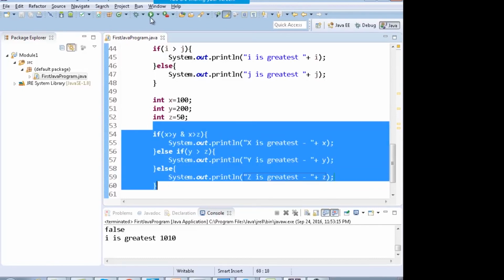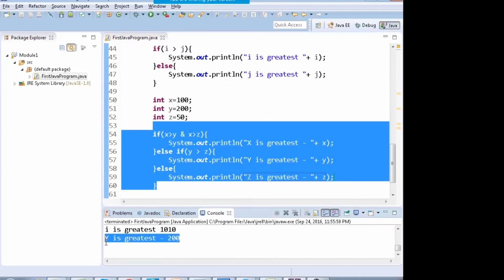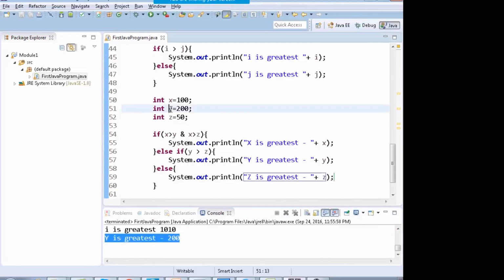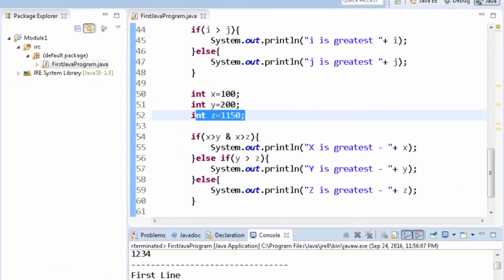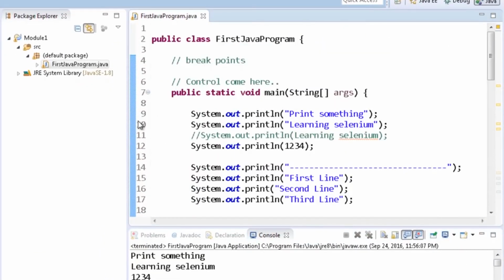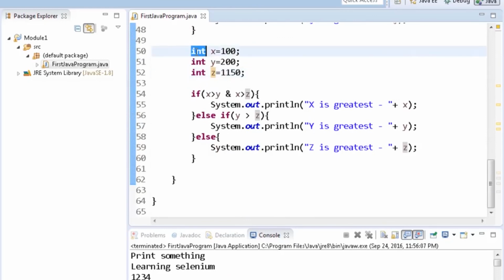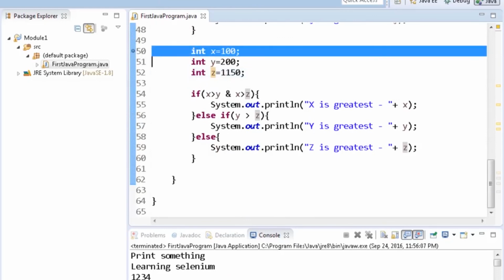And if you run this, it prints y is greatest because obviously y is 200. If I make my z the greatest and run it, it will print z is greatest. And you can also debug the programs. If you debug the program, you can put a breakpoint on this line number 50 and run it in debug mode.